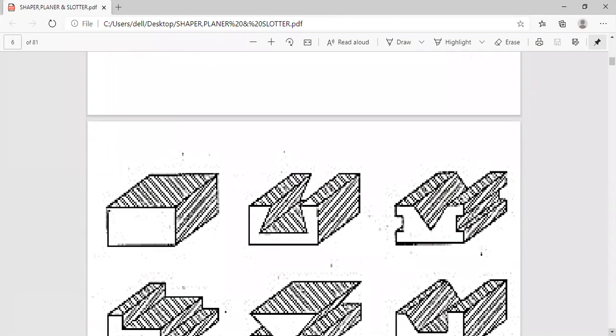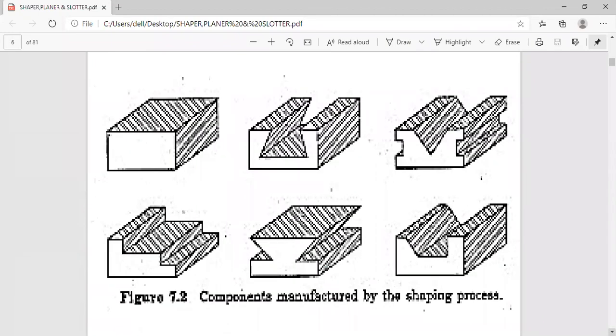We'll discuss again how components are manufactured by the shaper: flat surfaces, V-grooves, slots, and keyways. For that, we need the specific tooling you have to make in the tool room.